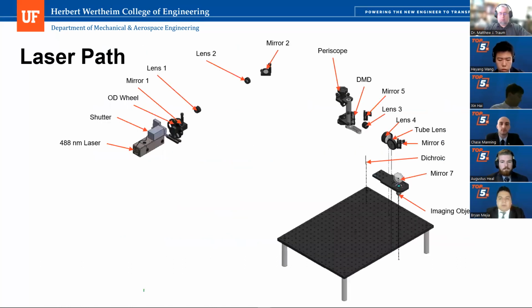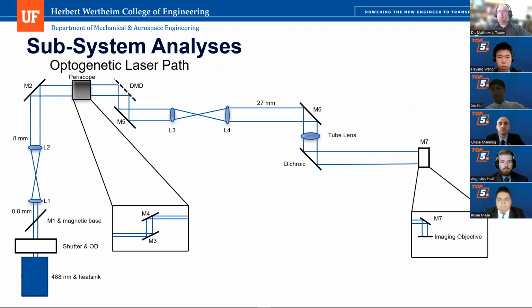Here is an exploded view of our laser path so that you can see some of the components. Here is a representation of the layout of our laser path. We start with a 488 nanometer laser and heatsink. The laser passes through a shutter and OD wheel. And here you can see our switchable mechanism, our M1 mounted on our magnetic base. For our laser path, this M1 would be moved out of the way because the magnetic base is removable. There are two top edges that are removable, and the mirror one would just be moved out of the way